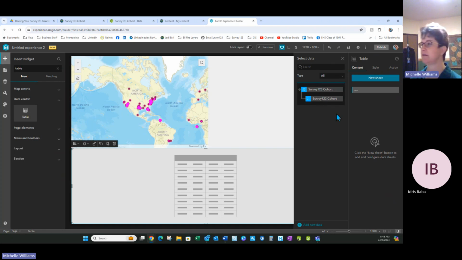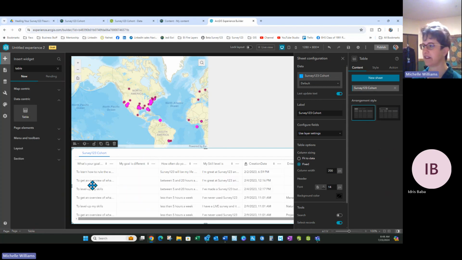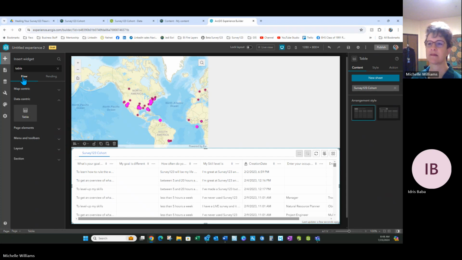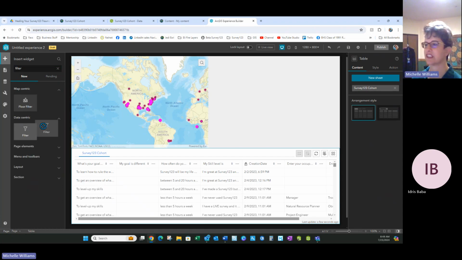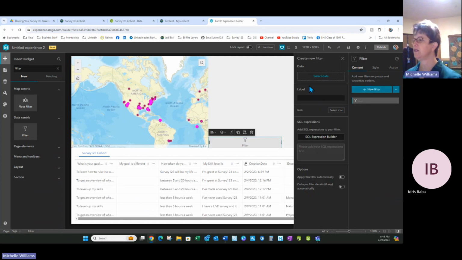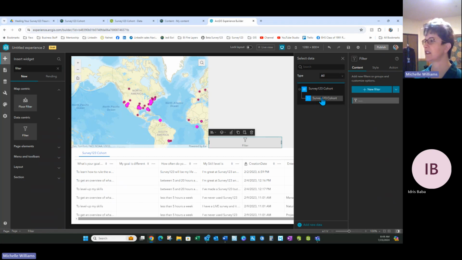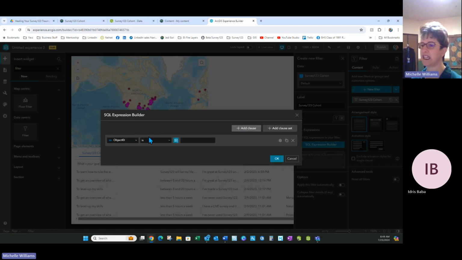Same thing, we're using the same data, but we're going deeper. We're going not into the map, we're actually going into the layer. And that's where all of that information comes in. And then we can play with some of the settings. We do need a sort, I think it's called filter. And so we want a new filter. We're going to select our data first, come over here. Then we're going to put in our SQL, and that's going to be add a clause, find your field. So this one is